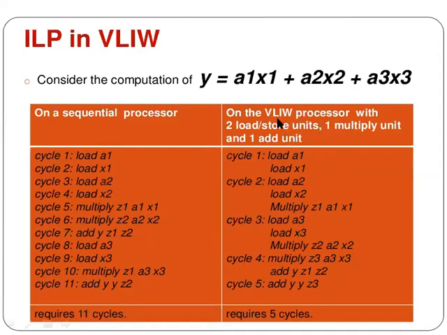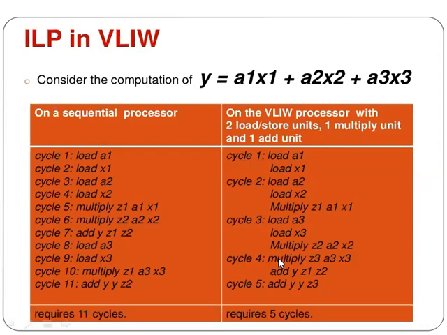Otherwise, with 2 add units and 2 multiply units, it would be even fewer. So in cycle 1 it will load a1 and x1, and in cycle 2 load a2, load x2 and it will multiply because one multiply unit is available. Next load a3 x3 and it will multiply, and in cycle 4 it will multiply a3 x3 and